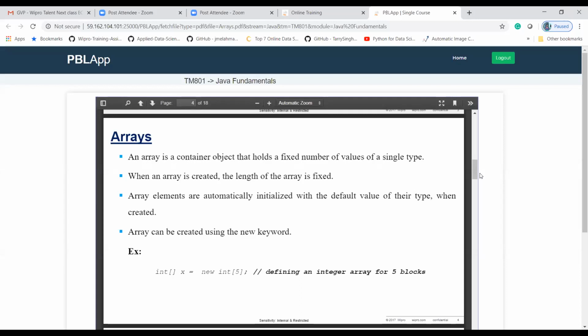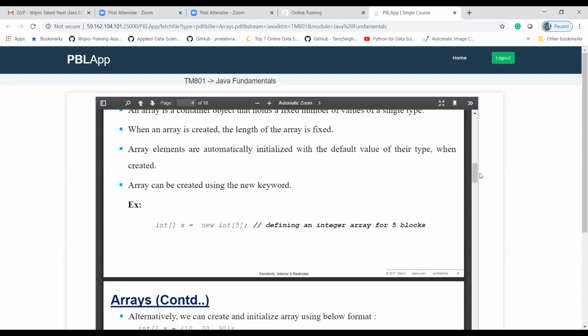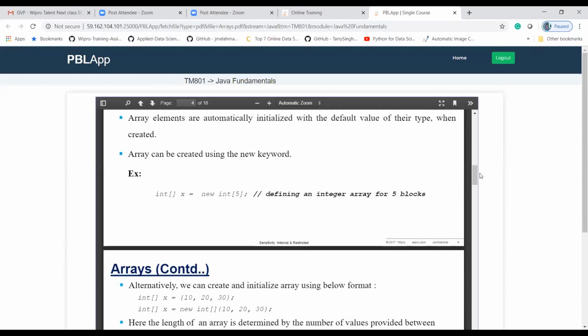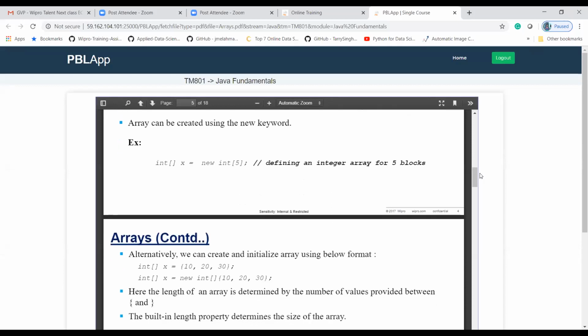We can't increase an array dynamically. Array elements are automatically initialized with a default value depending on the data type. If it is an integer data type, it will by default store 0.